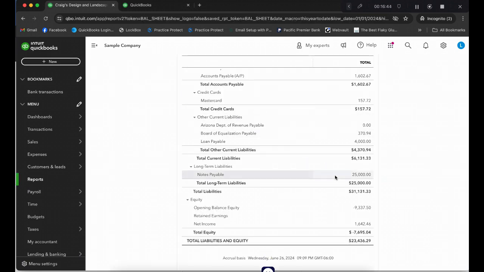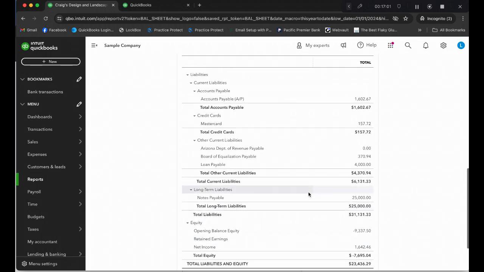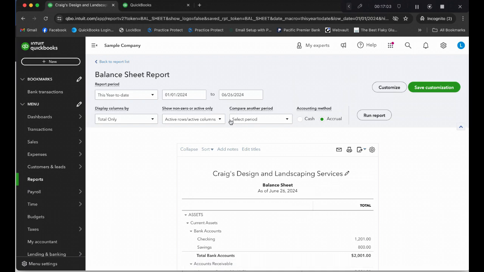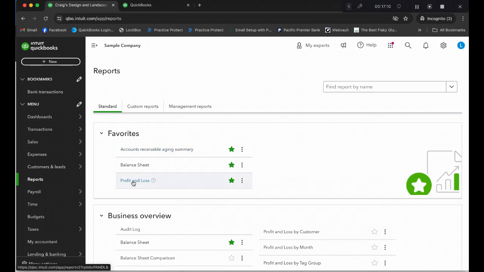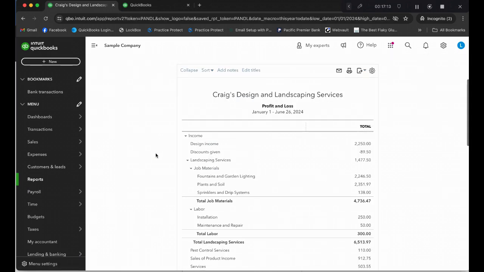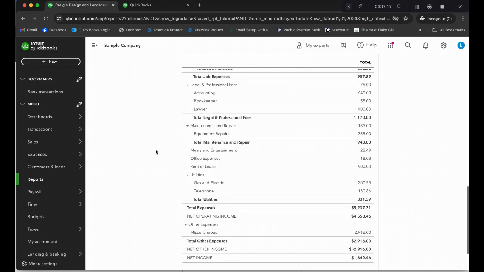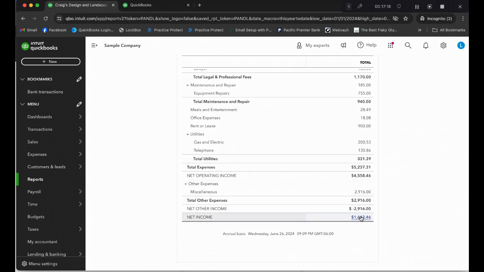So once you have gone through and proved your balance sheet numbers, then you want to take a look at your profit and loss. Now, we skipped over one number here, and that's your net income. This net income number is what is generated from the profit and loss. So we're going to flip over now and take a look at the profit and loss. We can scroll back up to the top, and then I'm going to click on Back to Report List. And when I click on profit and loss, I'm going to do it for the same date. And if we scroll down, we should see that that's our net income number that was carried over to the